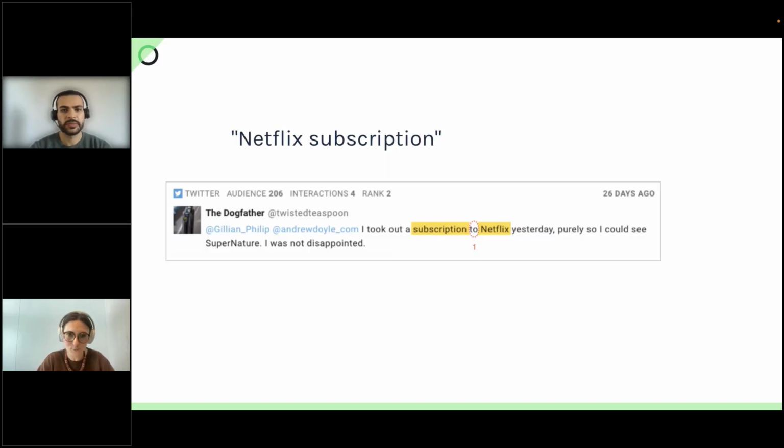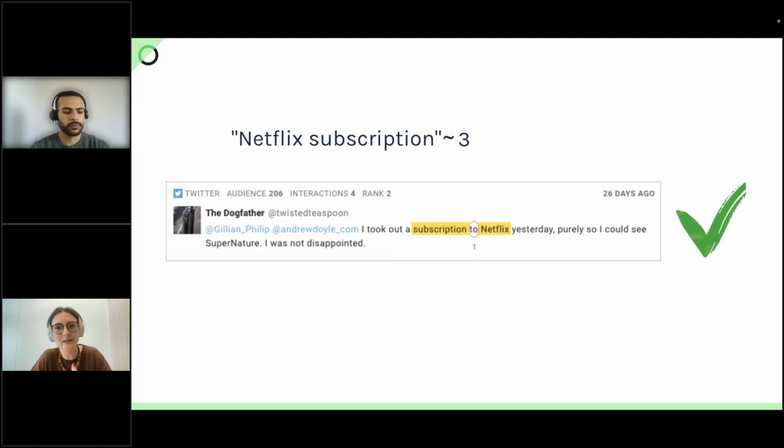So what I can do in order to introduce more flexibility after the quotes is use the tilde, followed by a number, and this will be the distance, the proximity in terms of words. In this case, what I'm telling the platform to do is to look for Netflix and subscription, as long as they are within a proximity of up to 3 words: 3, 2, 1, or none.